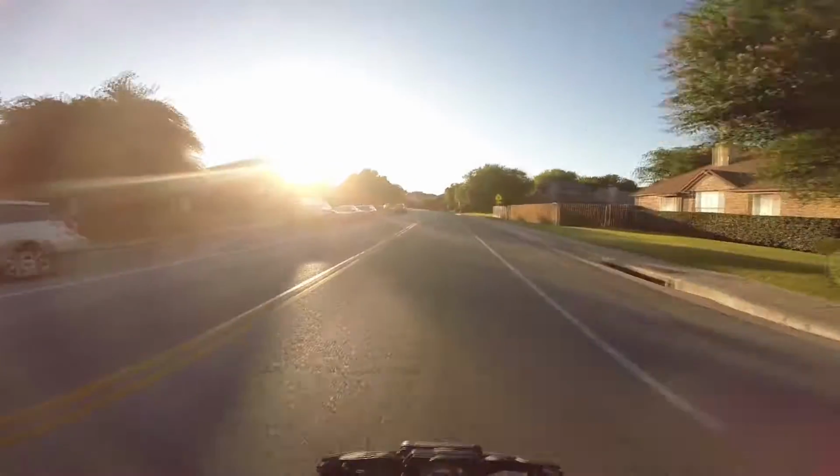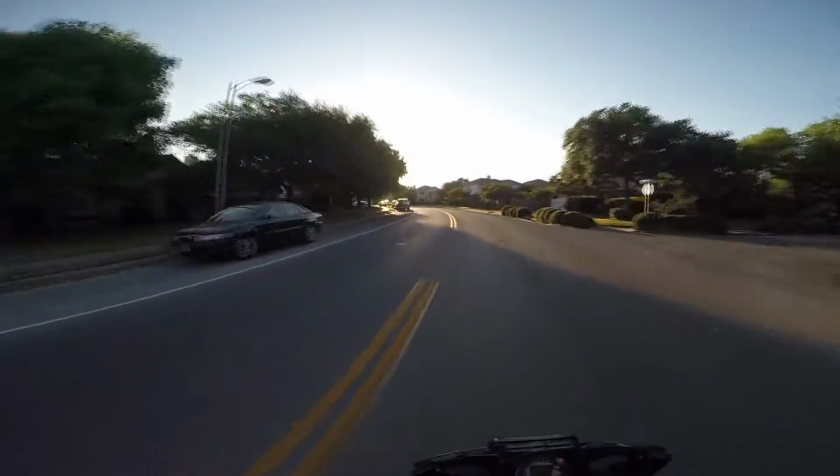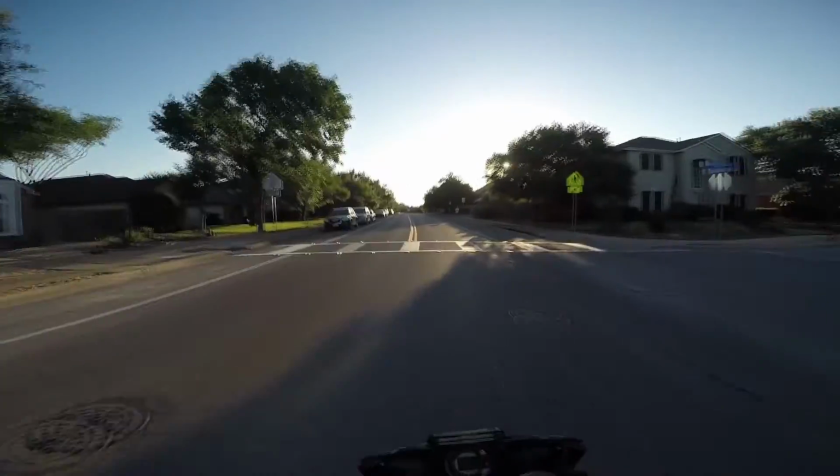And I only put a little bit of gas in it, and apparently we are at the low fuel point, so I need to find a spot to pull over and put a little more drink in the girl. But